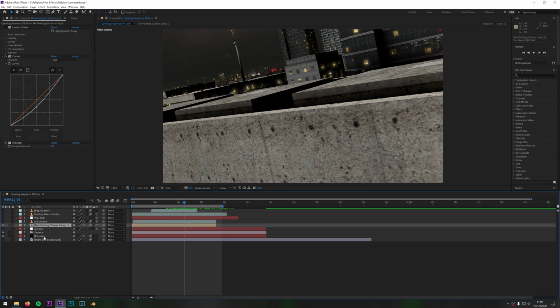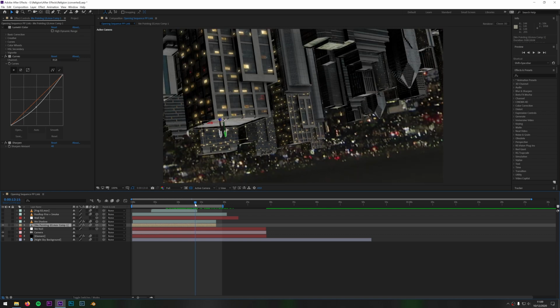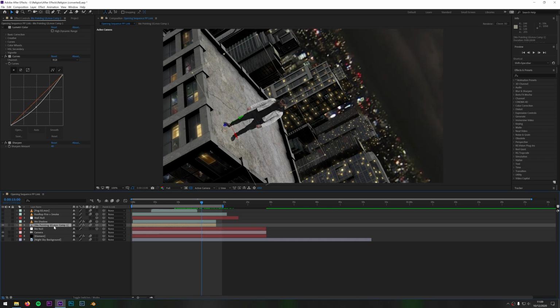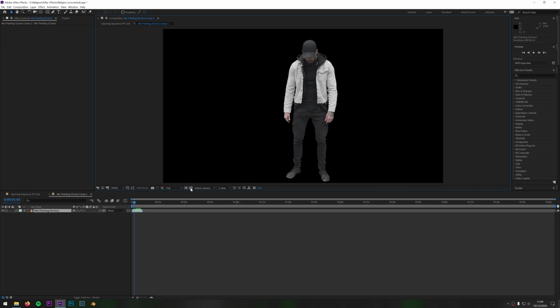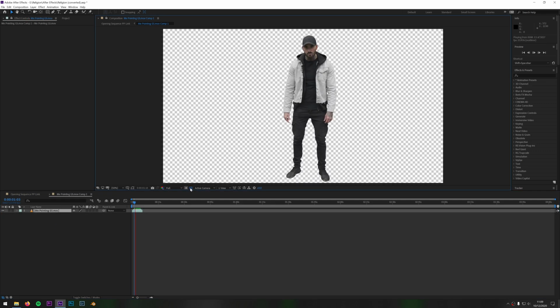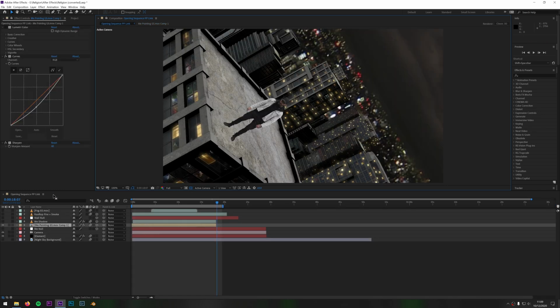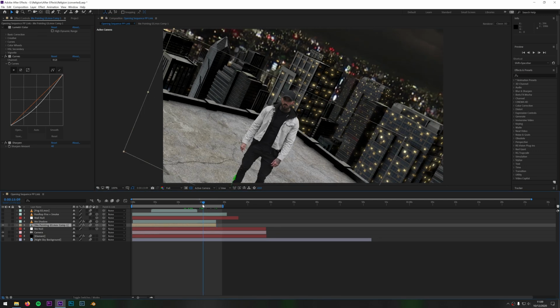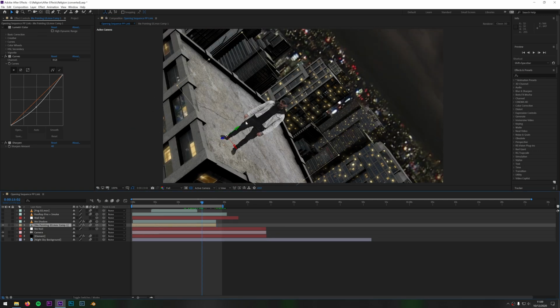But this one here is the video of me stood on top of the building itself, like that. Now all this is just a video clip of me that's been keyed out, and that's just me pointing over to my left. I've keyed that out, and then I've put that on top of the building. And the way I got it to stick in that building is I've made the layer 3D, and once you make a layer 3D in 3D space, it will act as though it's a 3D object.